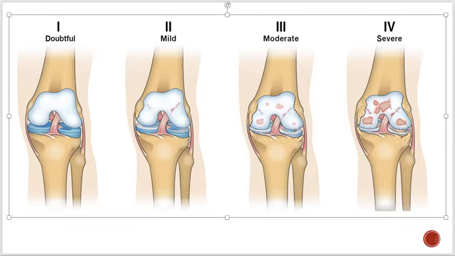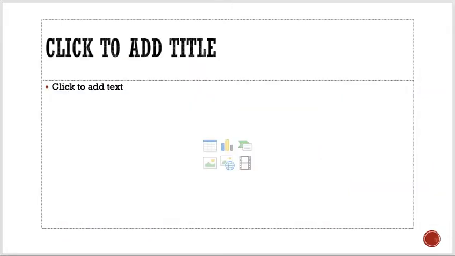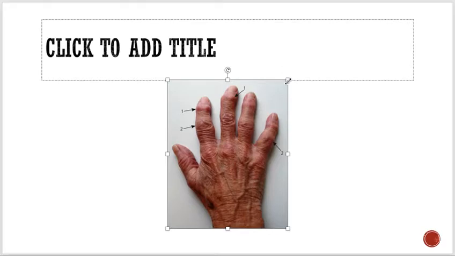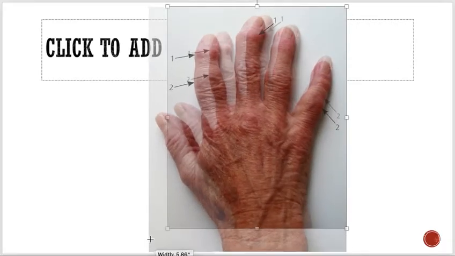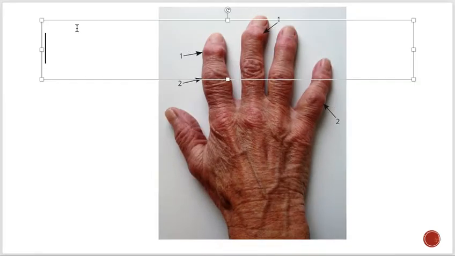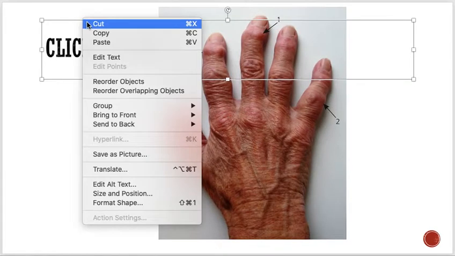Now, a few of the things which are important to know is simply when people have osteoarthritis, you can see over here. Of course, this will cover your clinical features as well. You can see the hand of this person who has osteoarthritis, right? So what you can see over here is simply this man has